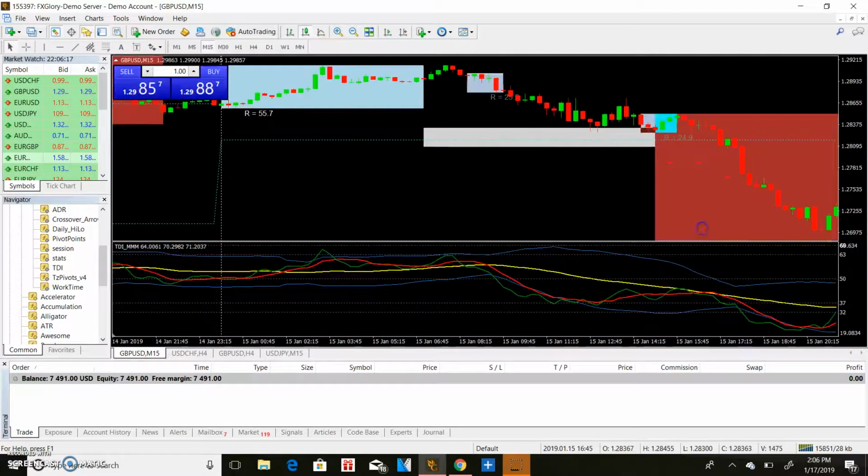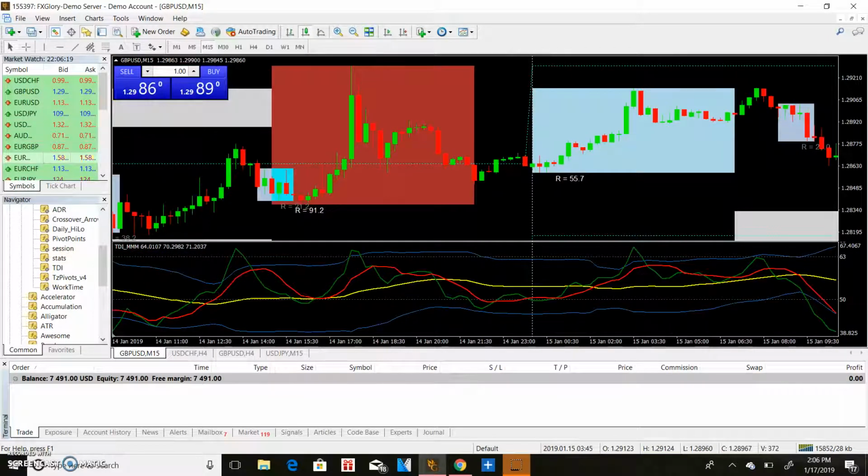Okay, looking for some setups, and most of the time I tell people, do not trade unless you see setups. If you don't see any setups, then do not trade, because you will lose. All right, only trade when you see setups, right? Okay, so for instance, guys,